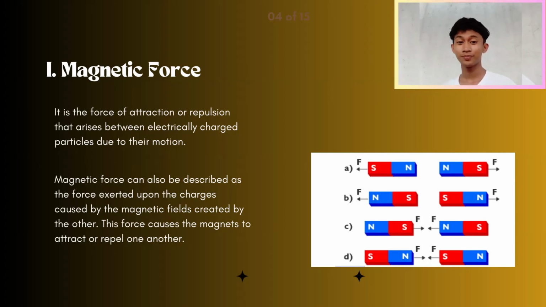Let me ask you. You can pause the video and answer my question. What are the two end poles of a magnetic bar? That's right. We have the north and south pole. In magnets, we have two poles. North pole is represented by N, south pole represented by S. Now, in A we brought north and north together. What will happen?